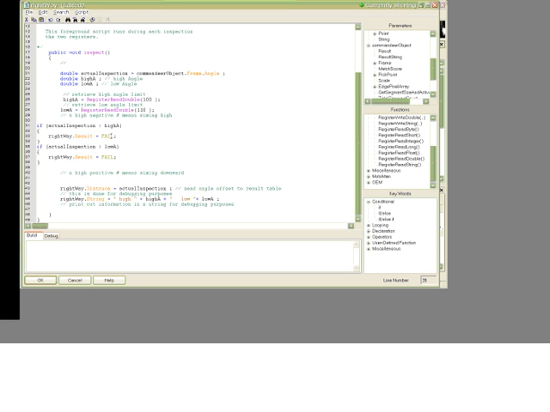And I'm failing the soft sensor if either of these fail. So let's compile,